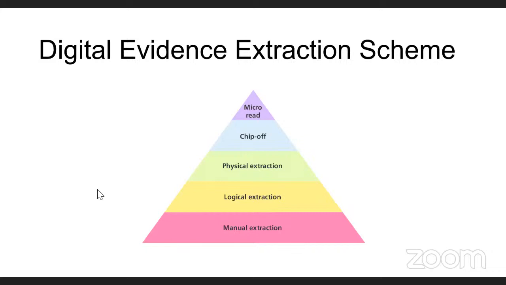This amazing technology can allow you to extract a total physical image of the device in question. The final one, the micro read process, involves manually viewing and interpreting data seen on the memory chip. The examiner uses an electron microscope and analyzes the physical gates on the chip, and then translates the gate status, zeros and ones, to determine the resulting ASCII characters. These are the digital evidence extraction schemes.